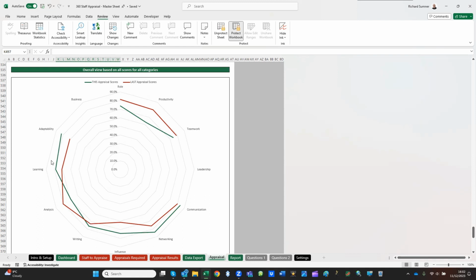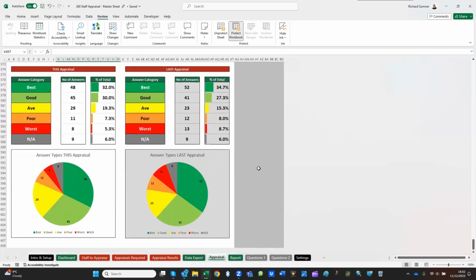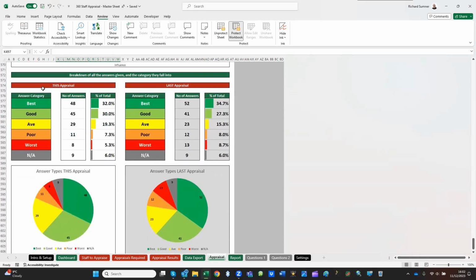These ones have actually improved, but analysis has dropped, while learning, adaptability, writing, influence, etc. have improved. So you can see the comparisons between the two. And if you scroll right down to this last section, this is actually just